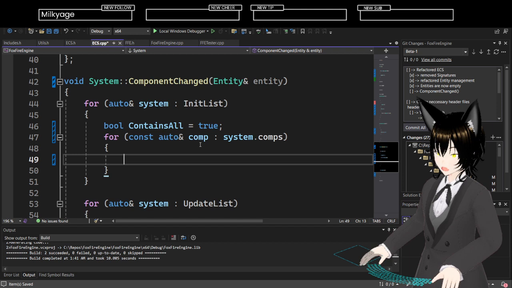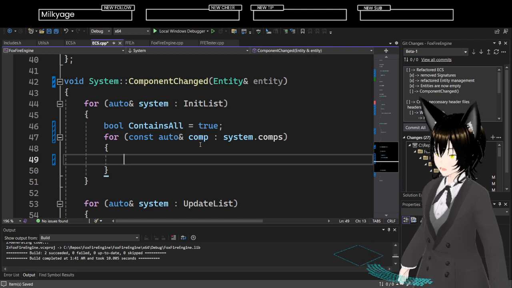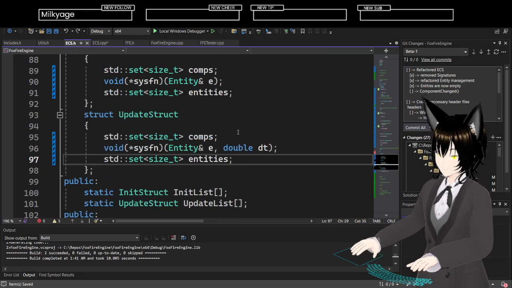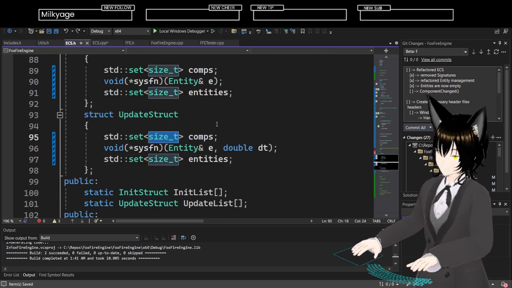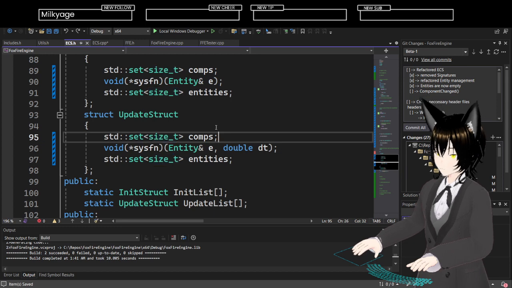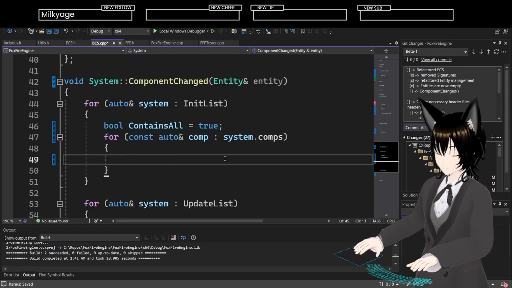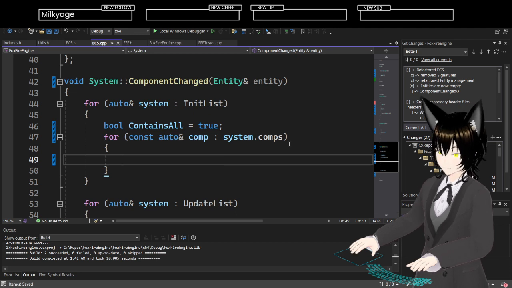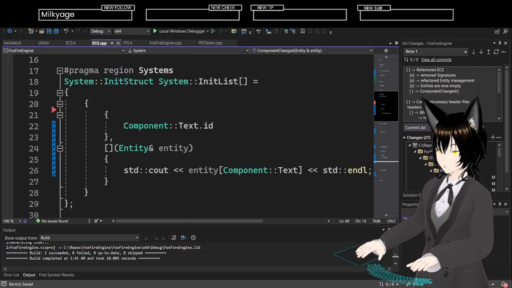for functional component in system.comps. It is a set of size T. Right. So I am comparing the IDs. Yeah, I'm comparing IDs, right?